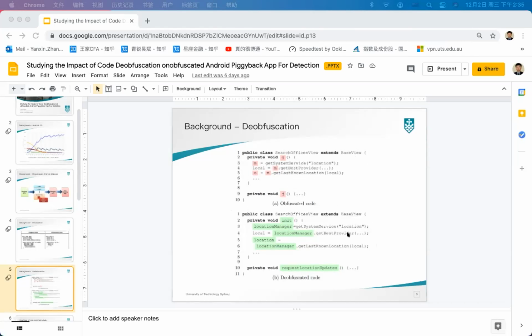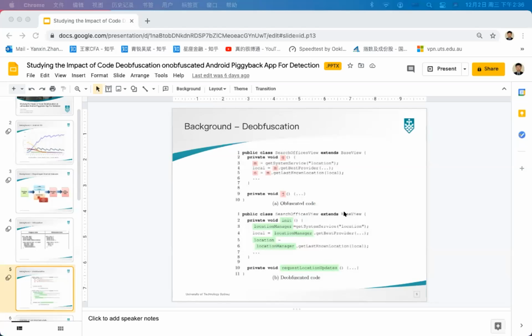So people will ask, regarding Android malware detection scenarios, will this deobfuscation tool